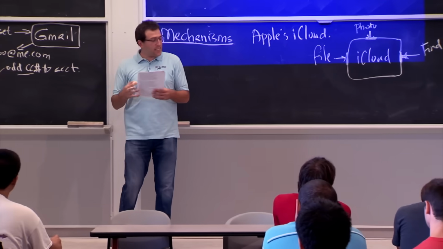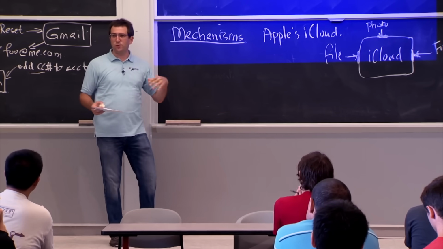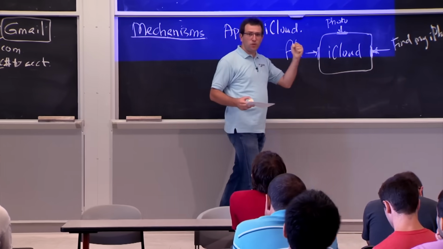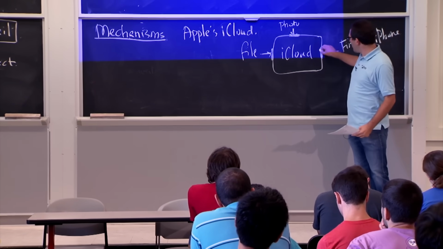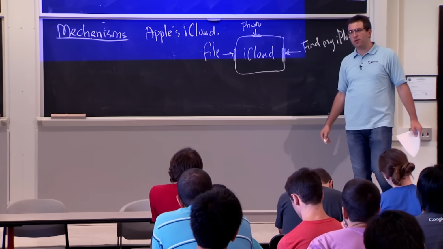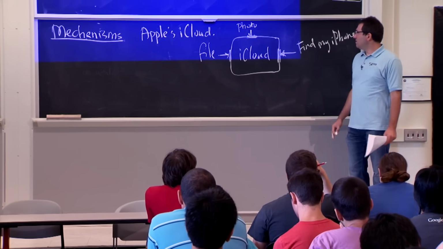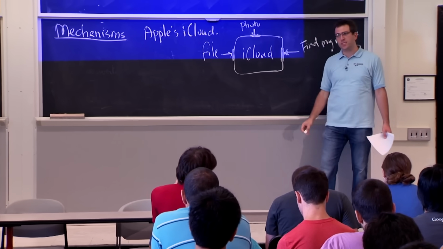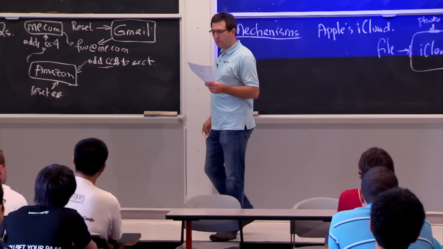So this is sort of an example of where you had the right policy. Only the user with the right password would get access to the files. You even had the right threat model, that the bad guy might be able to guess the password, so we'll have to rate limit the number of guess attempts. But you just screwed up. The mechanism had a bug in it. We just forgot to enforce this right policy and mechanism at some interface. And this shows up again and again in systems where someone just made a mistake, and it has pretty drastic effects on the security of the overall system. Does this make sense? Any questions so far?